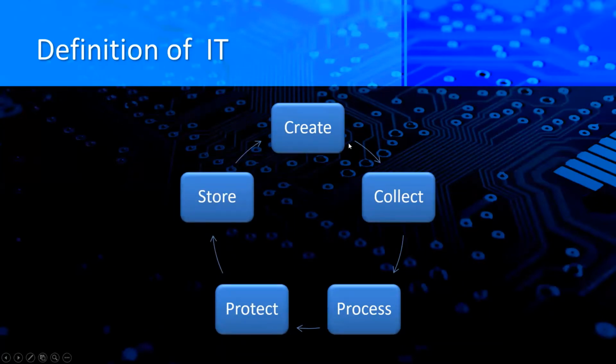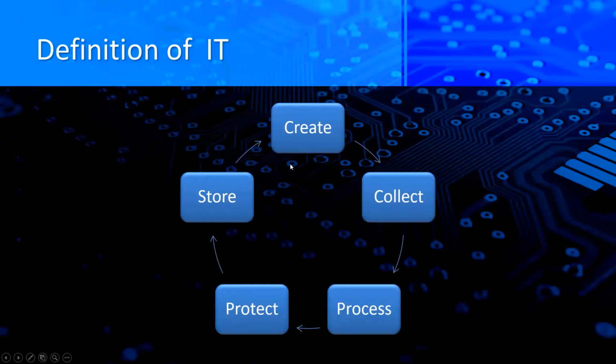With this, I would like to give you one more example. Take the example of IPO, that is input, process and output. Create and collect will be considered as input, process as P, and it will be the output. So if you take the example of IPO, I stands for input, P stands for process, and O stands for output.